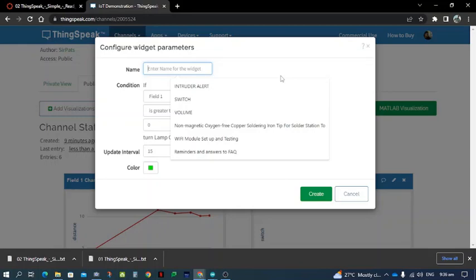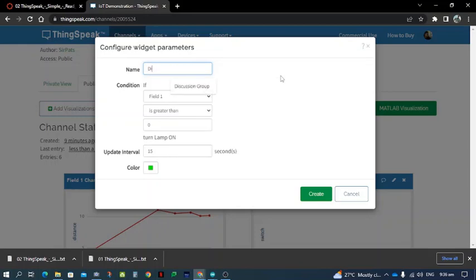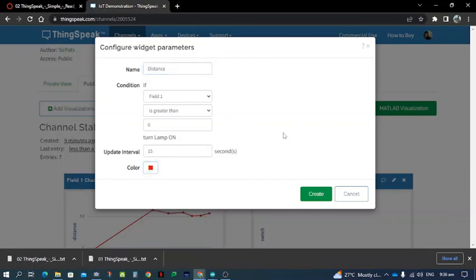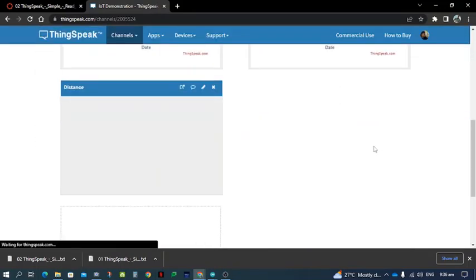Say the name of the widget is distance, and I'll make it turn red if the distance falls below 5 centimeters, that is, less than 5, and the update will be done every 15 seconds. Create, and